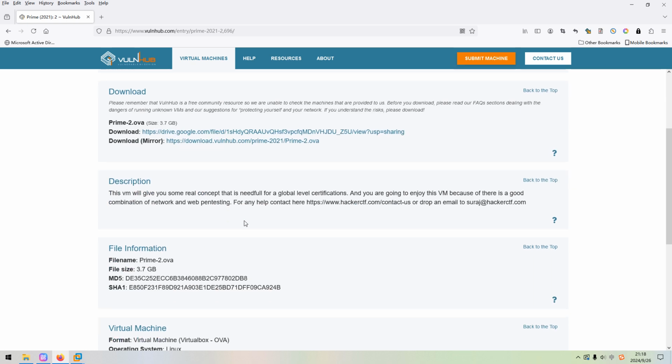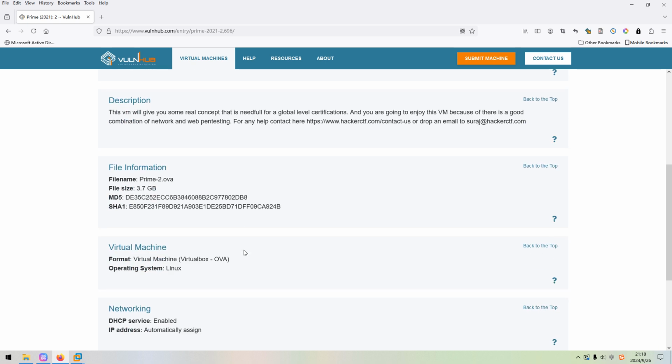The first point I'd like to tell you is that although here the author says this machine should be done with VirtualBox, based on my experience, if you use VirtualBox, the machine will have a problem getting the IP address automatically. So you can use its alternative, VMware. This would be better. Of course, this is my experience.